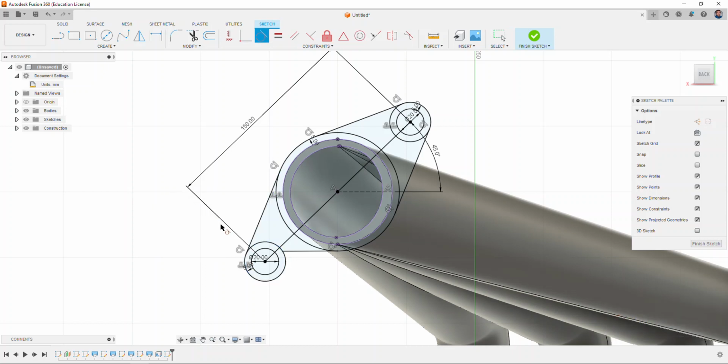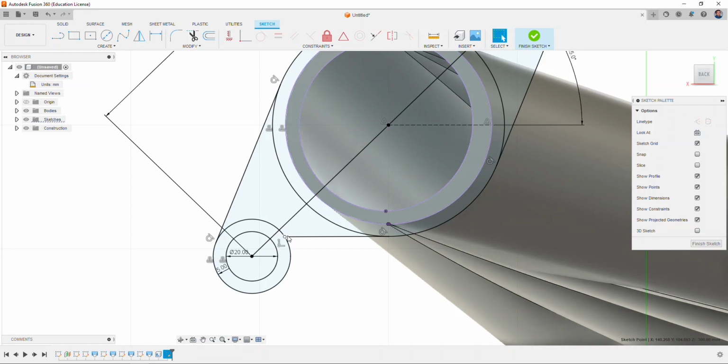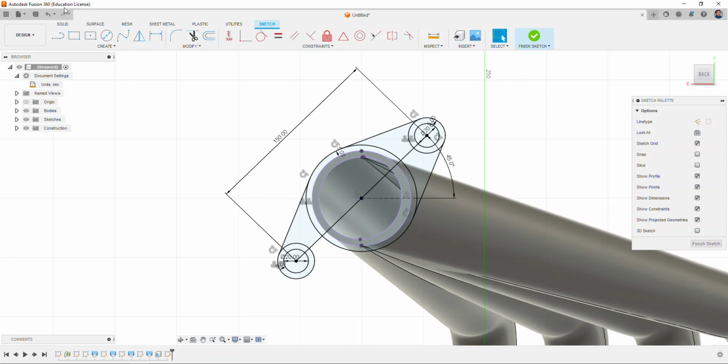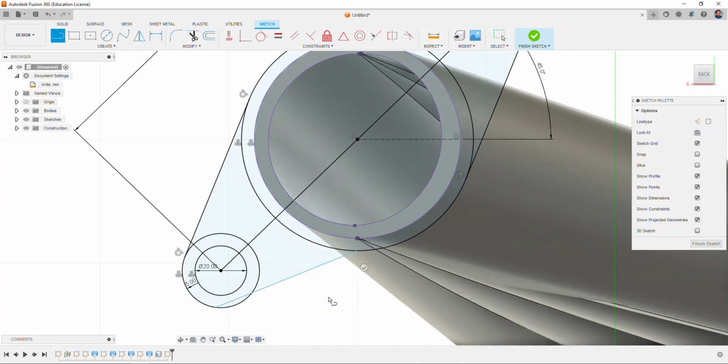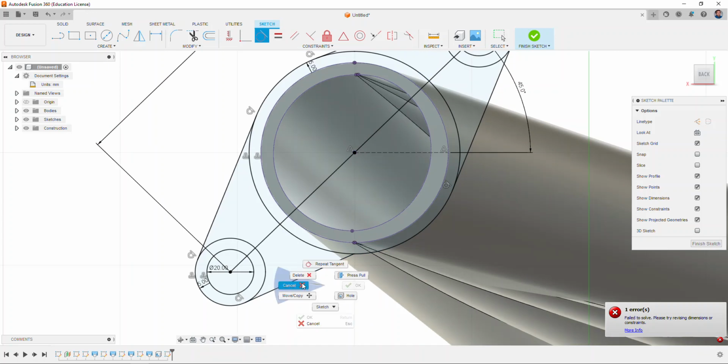So let me get this one here. If I choose that endpoint, for some reason it's got a coincident there. I'm going to go ahead and delete it. Actually, I'm just going to go ahead and delete this line. Sometimes it's a little bit easier just to do that. I'm going to go on the outside, go to this point, tangent the line to the circle, tangent this line to the larger circle,